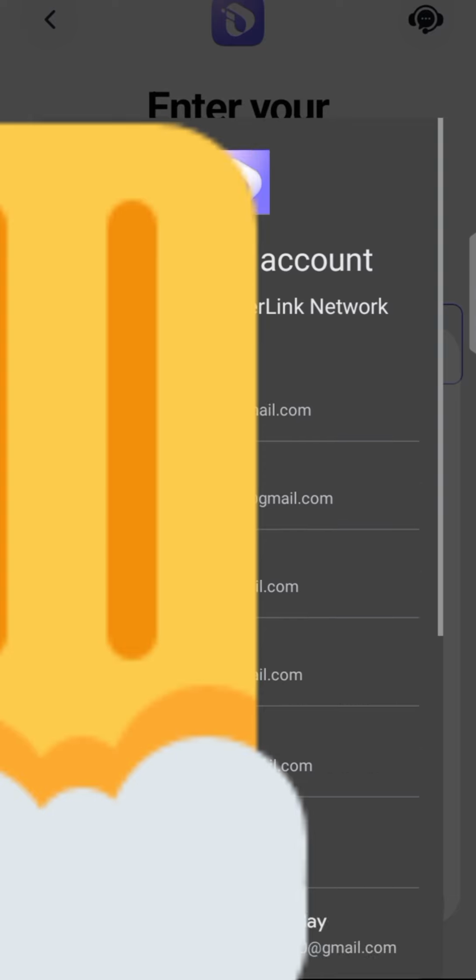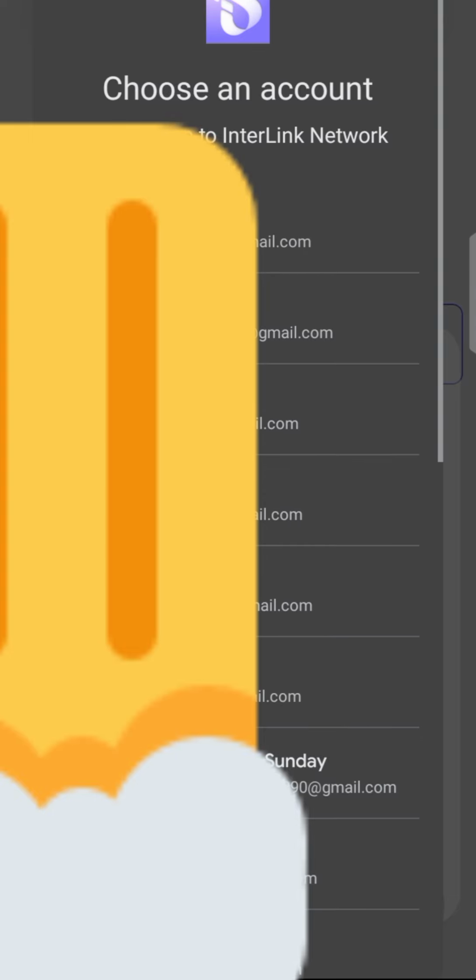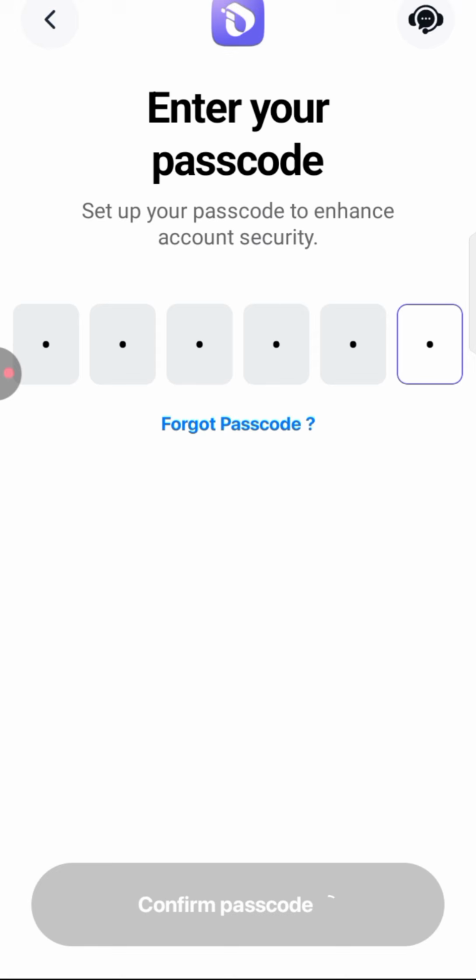Okay, I think let me select Gmail. I told you guys I'm new to this. I haven't done it before, so I think if you follow this process I'm showing you now, nothing will be confusing to you. All right, so confirm passcode. They are just processing now to log me in. Remember, I have created the ID and passcode already, so it's just to log in now. All right, so let's log in.